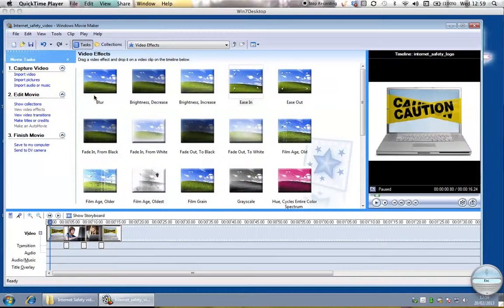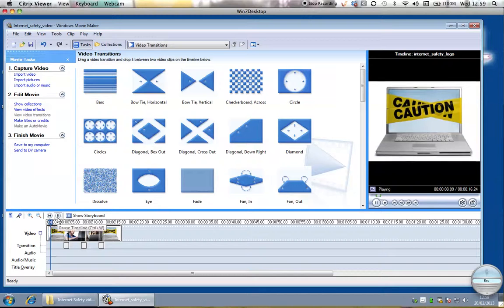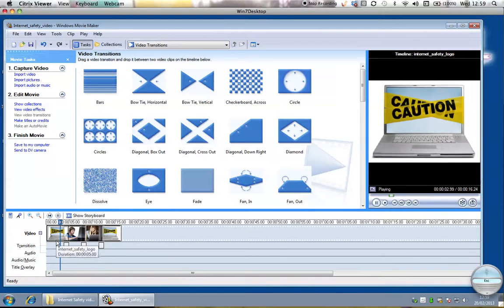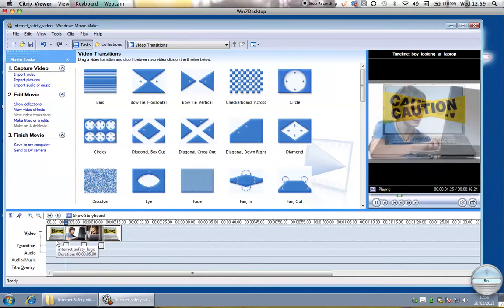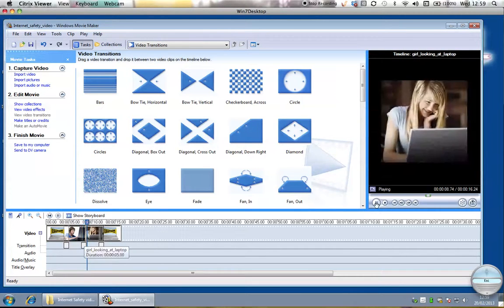In the last tutorial we got used to understanding what video effects and video transitions were. So what I've actually done in between the last video and this one is I've just added a zoom and a fade to each of our clips just to make the film a little bit more interesting. Now when we watch this back, there's not a lot going on, it's a bit boring,